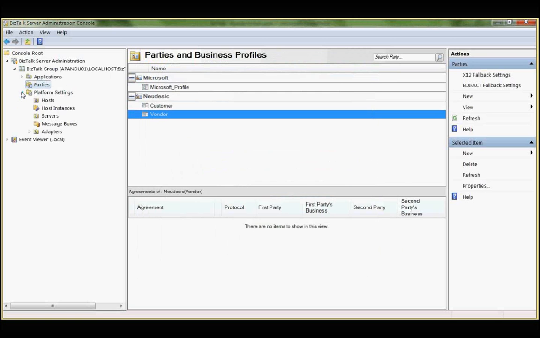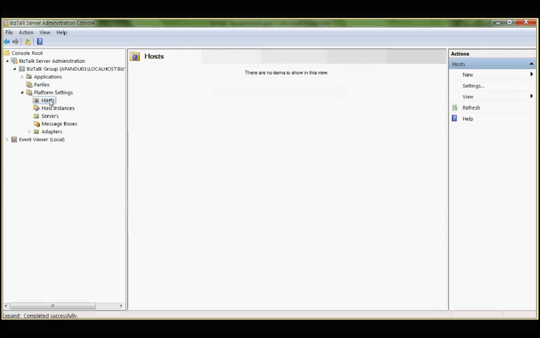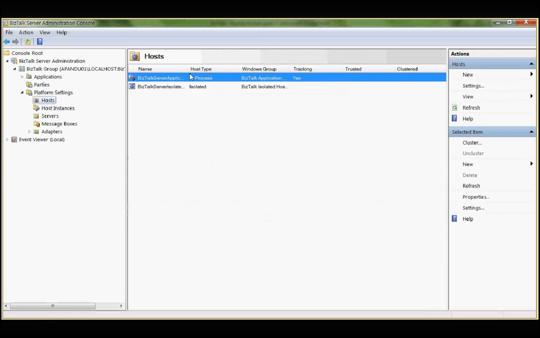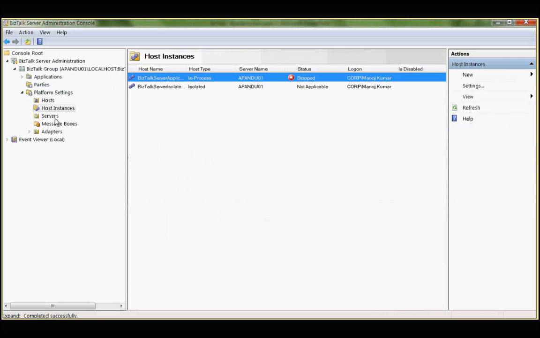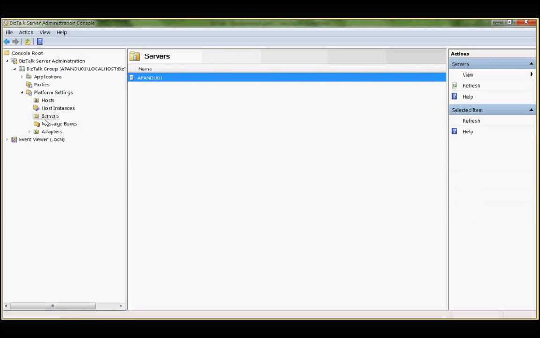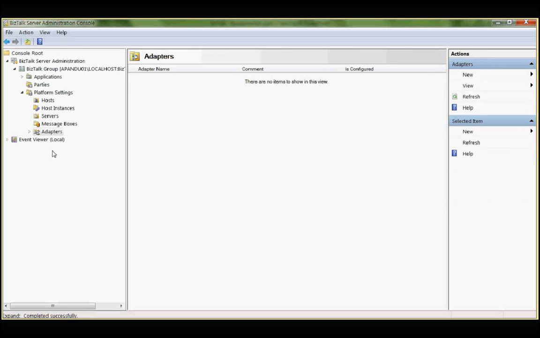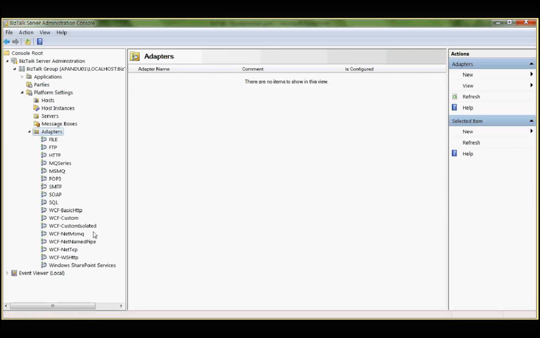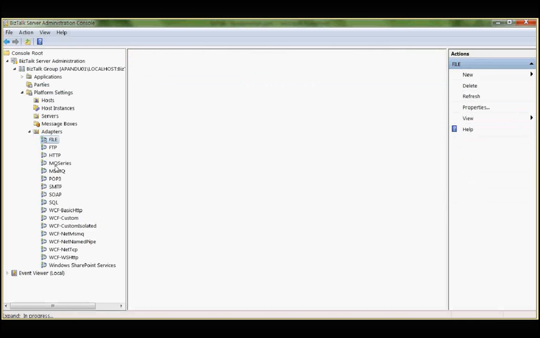Okay. Similarly, if you go into platform settings, here you have information about the host: what are the host names, then host instances, then servers, on which server BizTalk is hosted, what message box DB it is using, and then there are various adapters which are configured by default. So you have the file adapter,